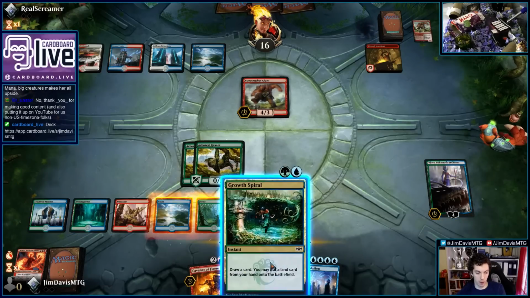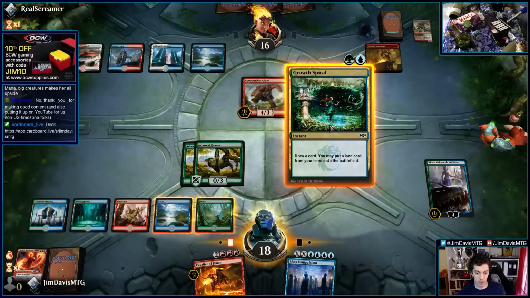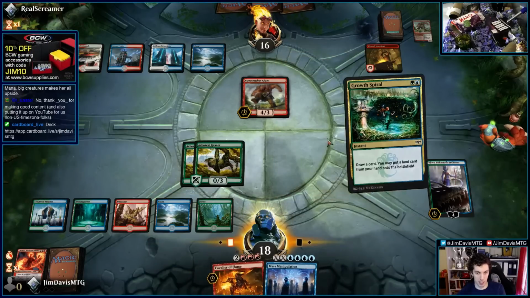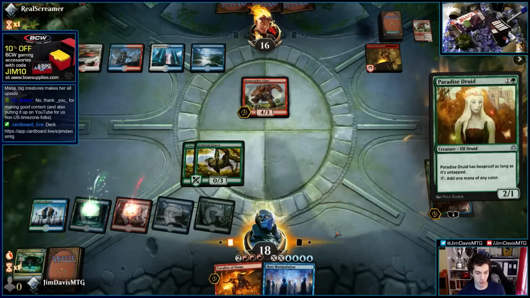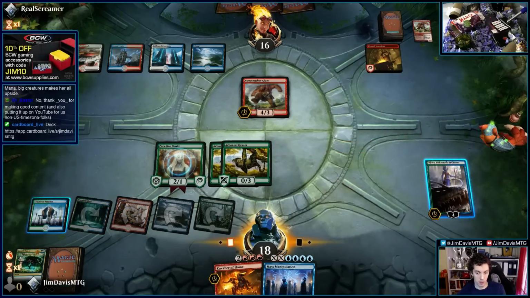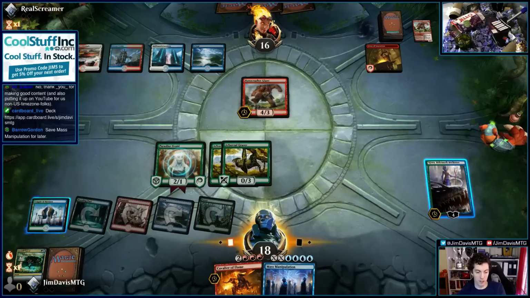We're just going to Growth Spiral here and try and find a creature to cast. I don't want to cast Mass Manipulation on the Bonecrusher Giant. I mean, that's a castable card. We'll see. Obviously, we could also just Mass Manipulation for 2. That would be really awesome. And now we can cast Cavalier next turn, so...